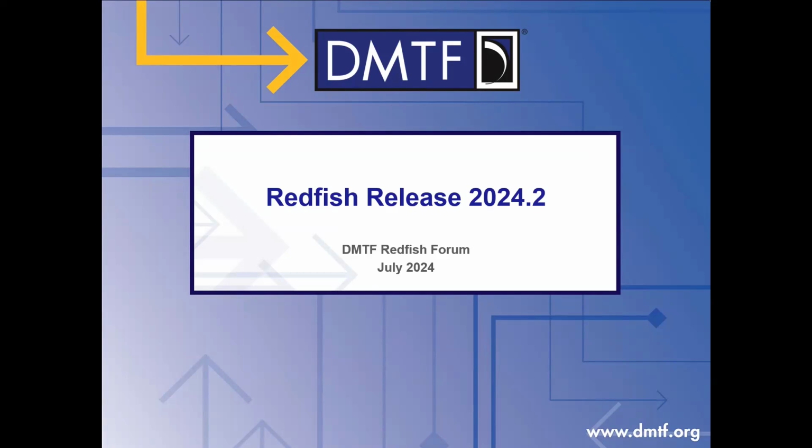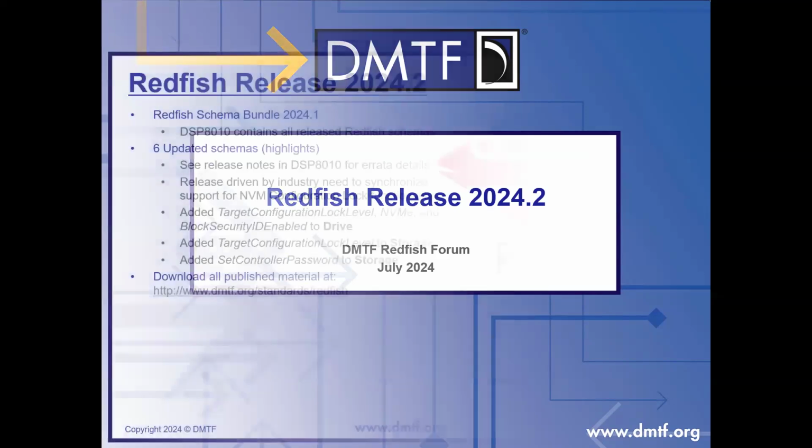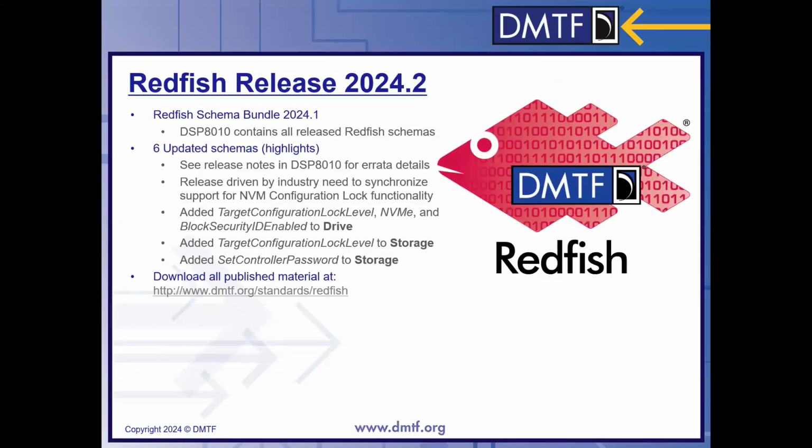All right, thanks, Jeff. So 2024.2, if we go to the details, it's a pretty light release. This was mainly added to support additional changes that we made within 2024.1. So it was very much a quick turnaround at the request of another organization to flesh out a new set of features. So we only released the schema bundle. There were some other changes,